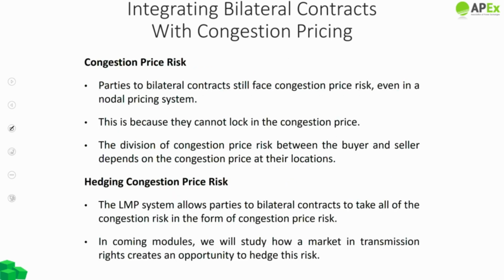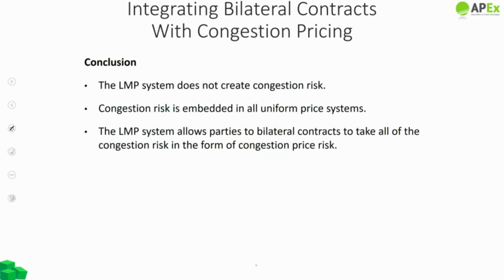In the above example, we have seen that parties engaged in bilateral contracts are still exposed to congestion price risk because they cannot lock in congestion price. They can adjust their side payments so that only one party is taking the congestion risk, but it is still there. You can't avoid it. In the upcoming modules, you will understand that the market in transmission rights creates some opportunities to hedge this risk. It would be a mistake, however, to